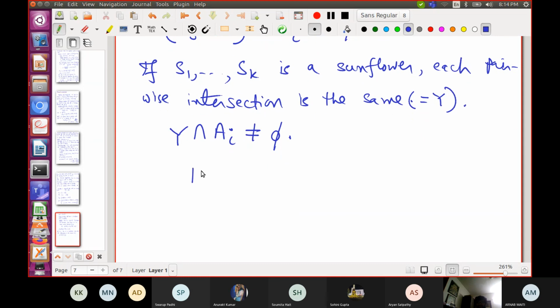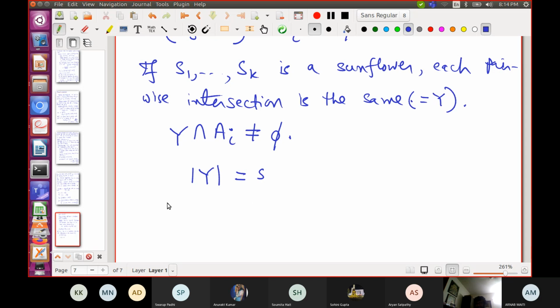So the size of Y is equal to s, because there are s Ai's. But then the petals are all empty, and basically there is only one set in this collection, which is Y itself, and that is hardly a sunflower of size k.